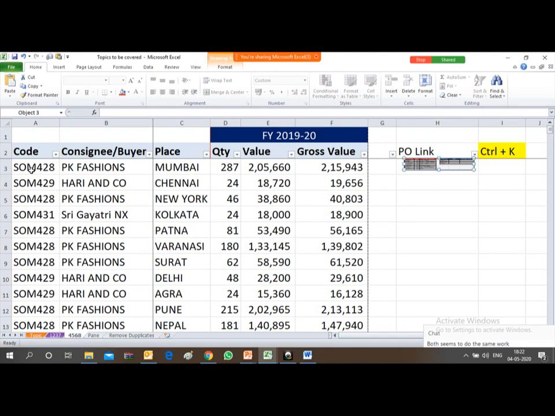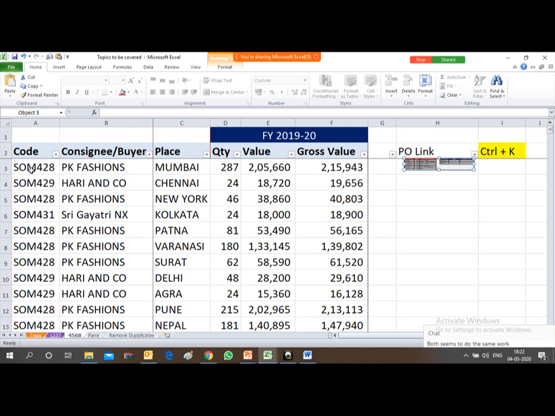When we cover our VLOOKUP topic, how to find the duplicate values and how to remove the duplicates will be a very important function at that time. So let's learn how to identify and then remove the duplicate values.